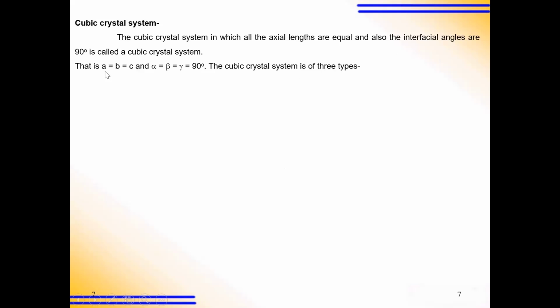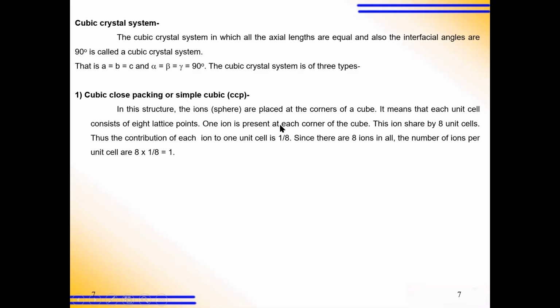For example, a equals b equals c. These are the axial lengths, and these are the angles, alpha, beta and gamma, all equal to 90 degrees. This is called the cubic crystal system, and it is of three types. One is the cubic close packing, which is called the simple cubic, that is, we call it CCP. So in this cubic close packing structure,